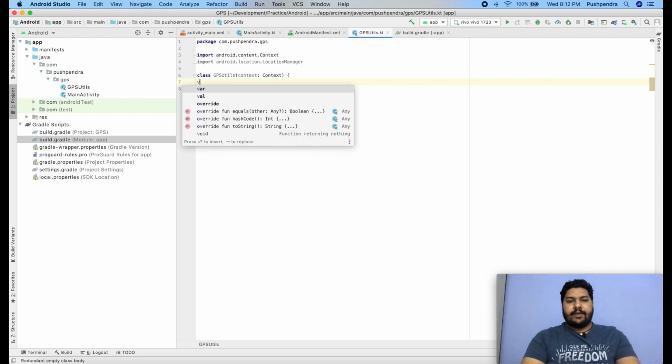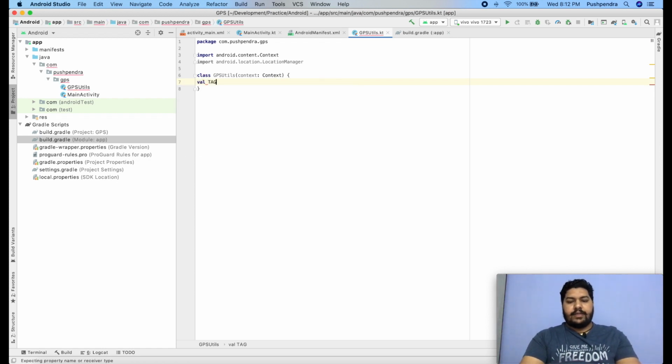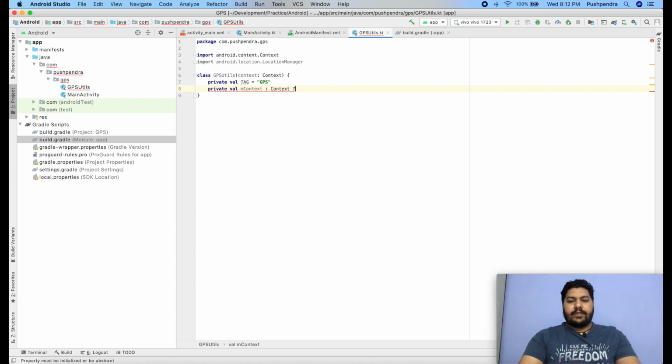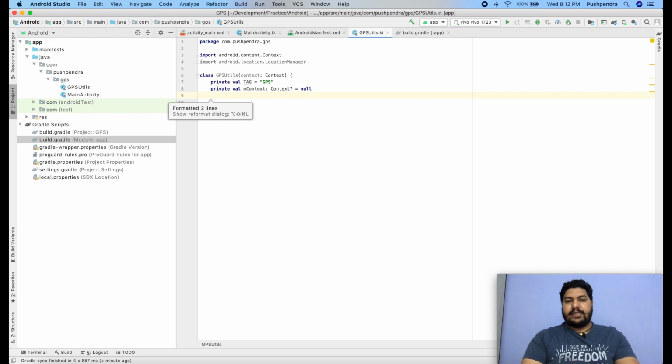First of all, I will define my tag. Val tag equals GPS, and I will keep everything private. Now second thing, private val mContext, and it's of type Context. By default the value is null. Now second thing, I will take the settings client so that I can check whether the GPS is on or off.